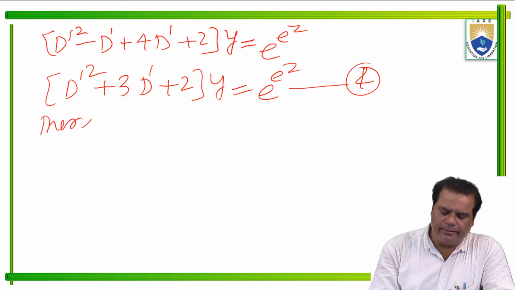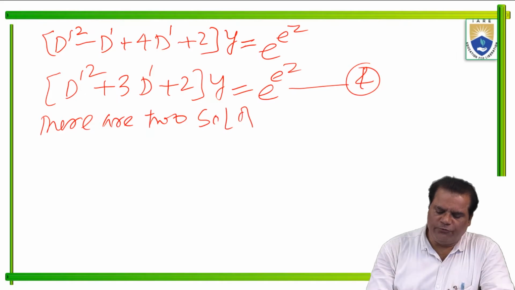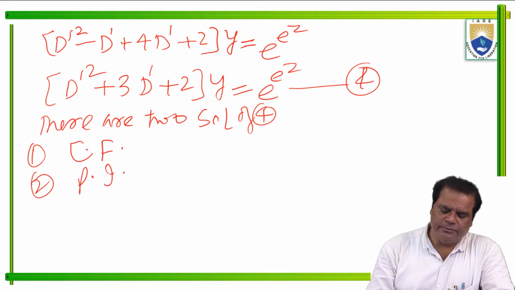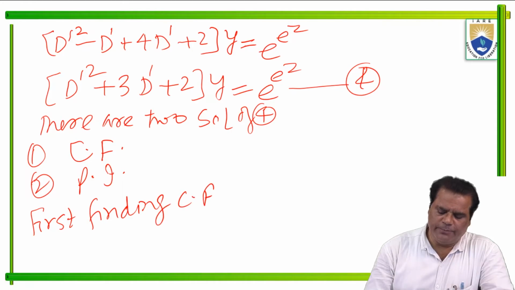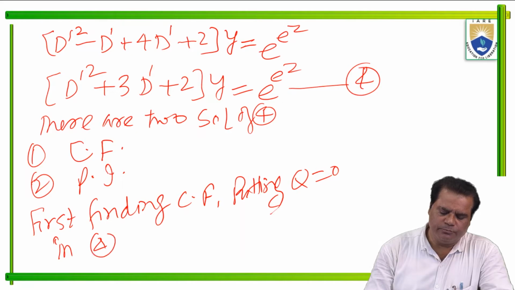Now there are two solutions of equation 4. Number 1 is the CF, number 2 is the PI. So first, finding the CF, putting Q as 0 in equation 4. Then we get here